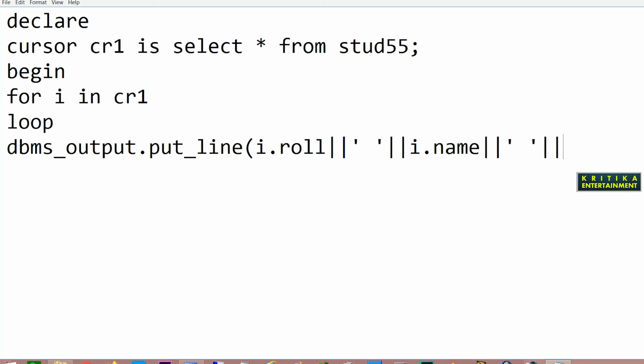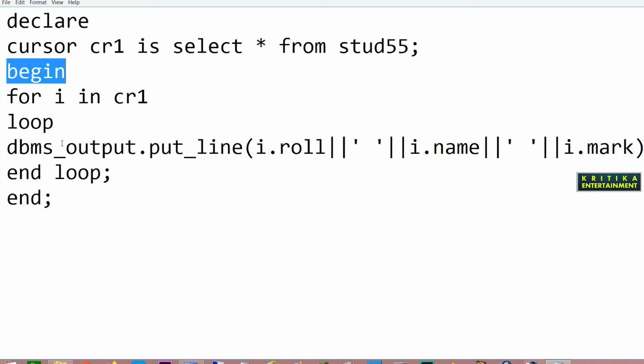Then again the concatenate operator, then I.mark. Then close this, use end loop, then give the semicolon. That means my loop has ended. Then I write end semicolon. That means my begin statement has ended.